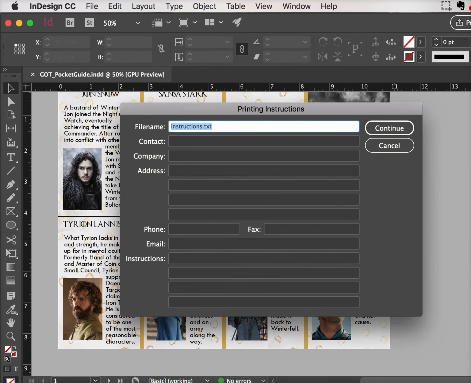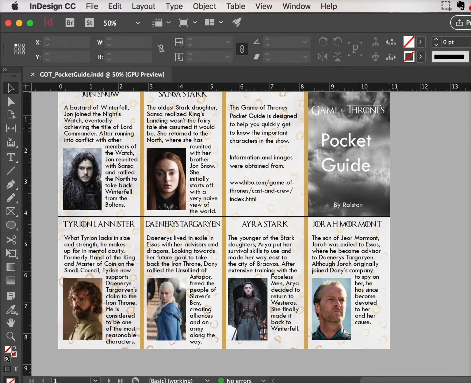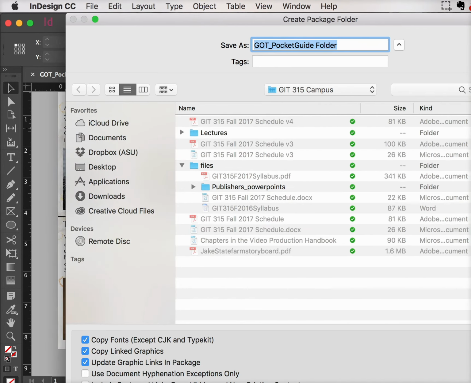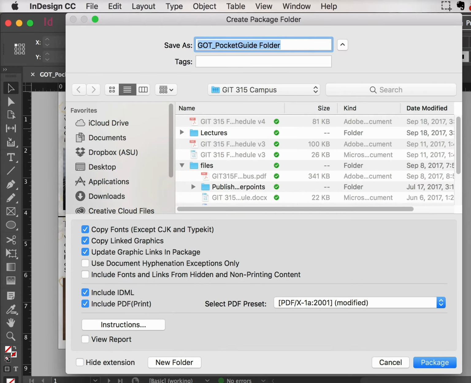This is that little text file that gets generated where you can put in your name and your phone number and instructions to your printer if you want to, or if you're sending it to another graphic designer, you might want to put a message in there. Then you say continue, and you get the save window, and the things you need to remember are that you want to tell it to copy the fonts,